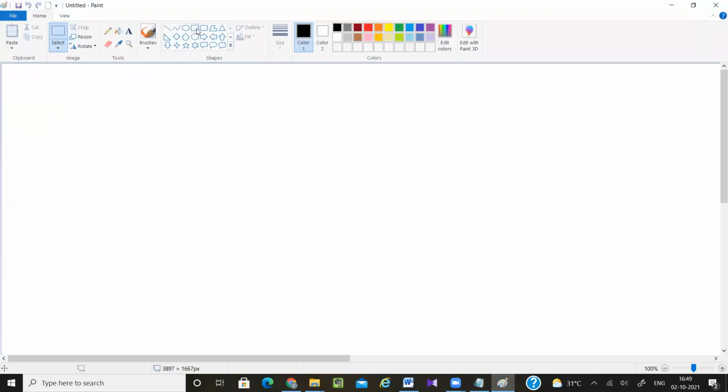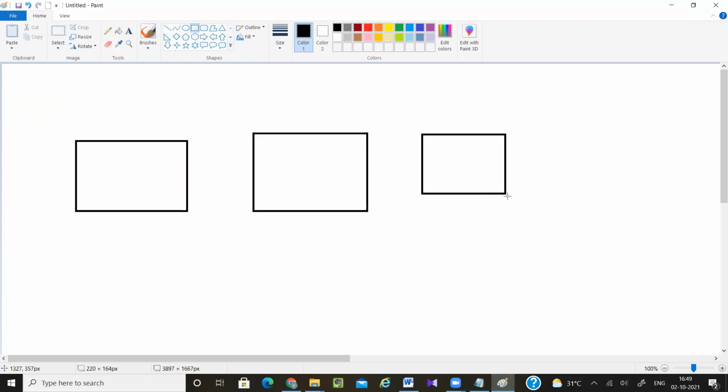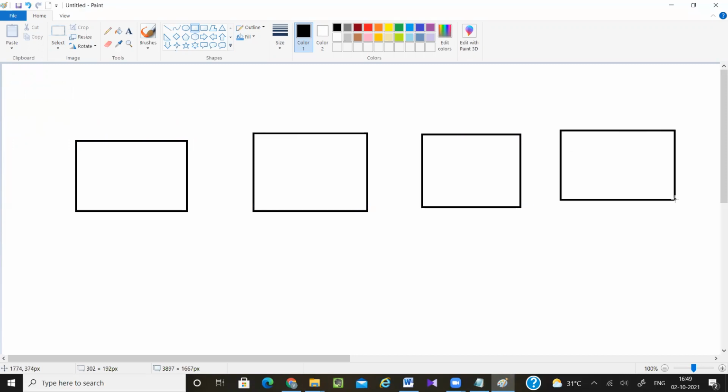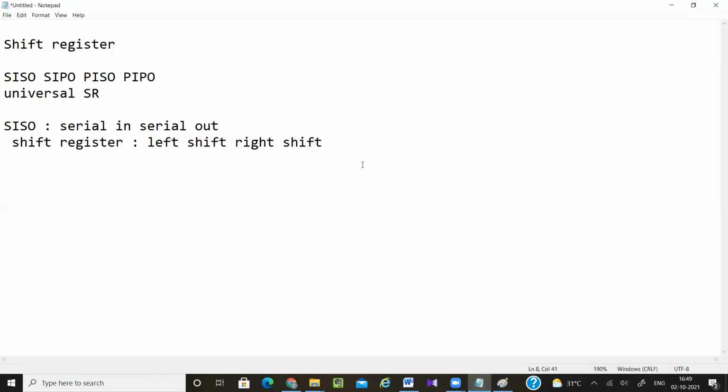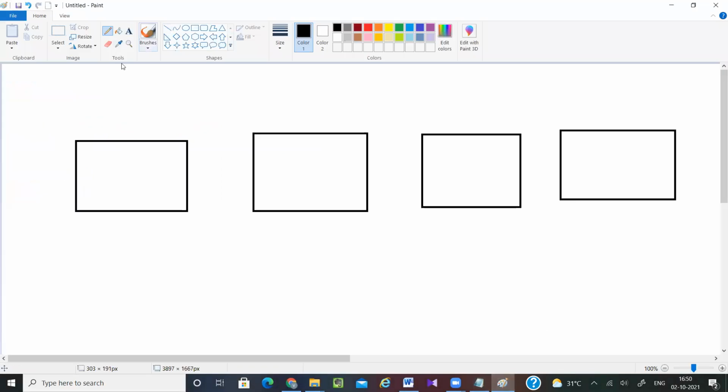So how will a SISO register look? Just take an example of a 4-bit SISO. A 4-bit SISO means it will store 4-bit values, so I have to take 4 D flip-flops. Now I am designing a right shift register. Right shift means it will shift the values towards the right, or I can say from MSB to LSB. Now this one is my MSB and this is LSB.